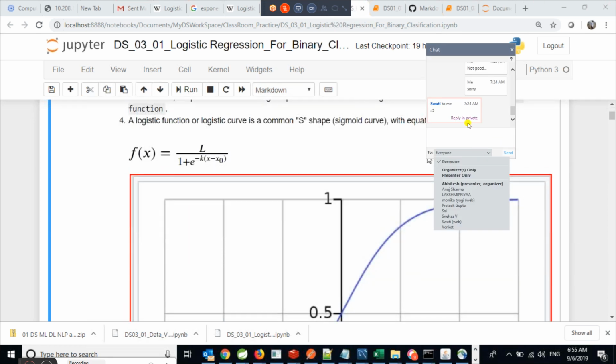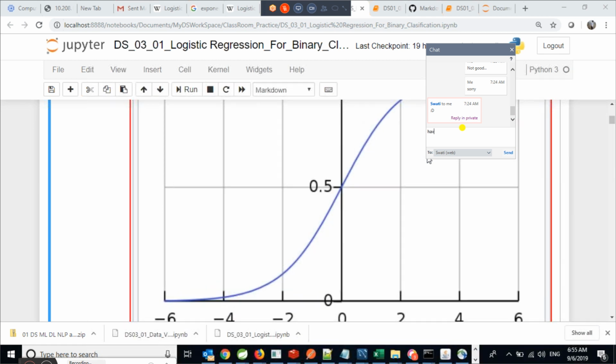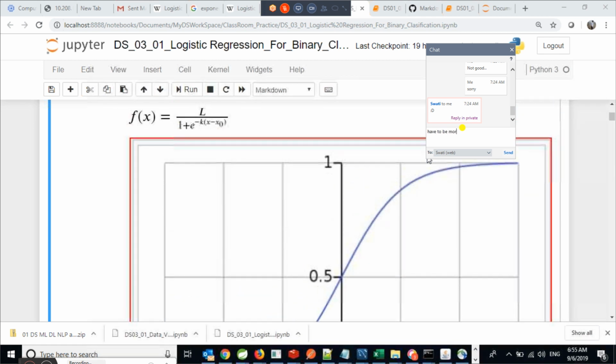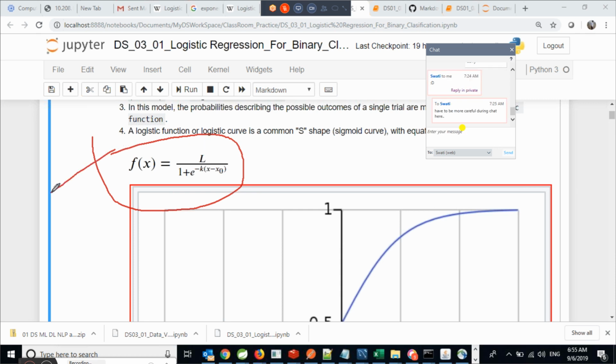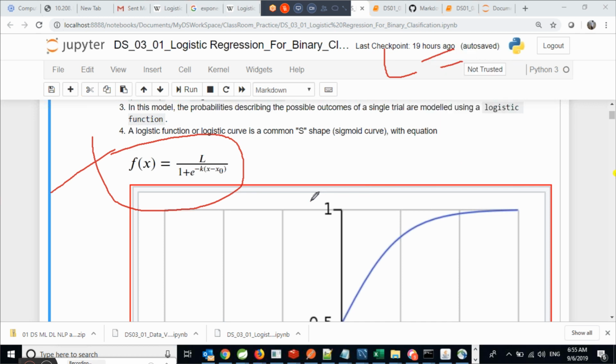Logistic function is something I described yesterday. The general formula of the logistic function is f(x) = L / (1 + e^(-k(x - x0))), where L is the maximum value, the height, like from where to where. And x0 is